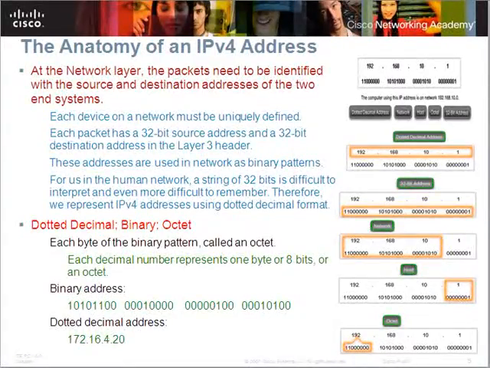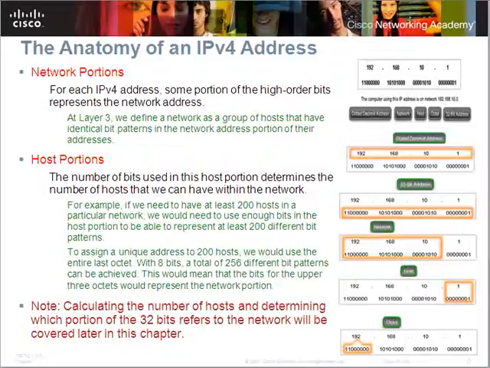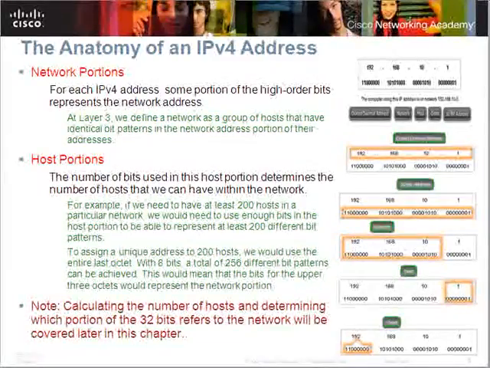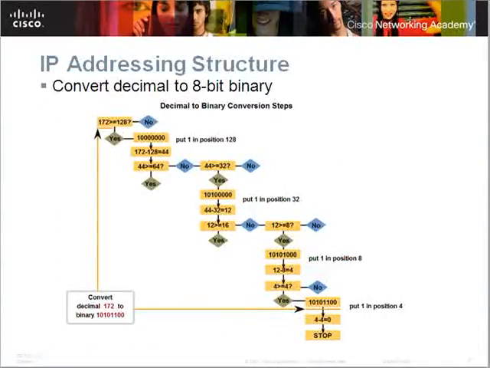Let's understand what the network portion is. The network portion identifies which network a host belongs to. If I look at the IP address 192.168.1.0, some portions are in the network and some portions are in the host. If all the PCs and all the hosts are in the same network, their network portions need to be common for all the hosts, and the host bits need to vary. We'll discuss how to calculate the number of hosts. So this is the IP addressing structure, and this is an example of how you can convert an 8-bit binary number to a decimal, and a decimal number to a binary number.